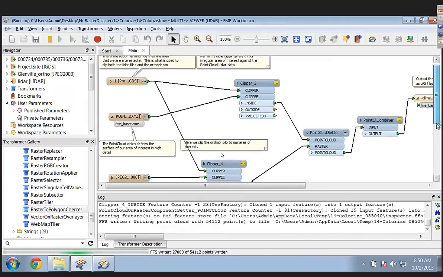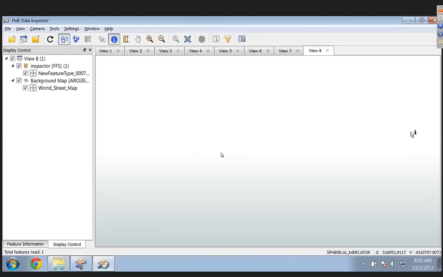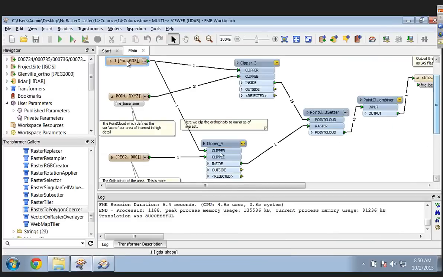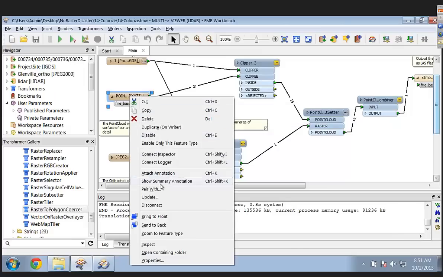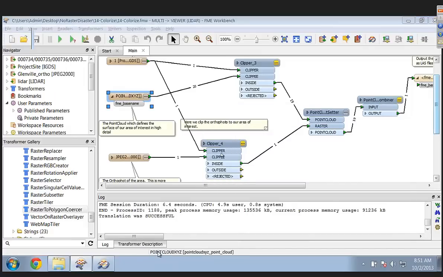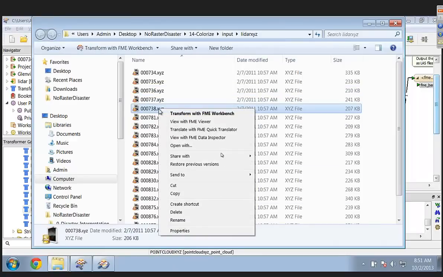So what I'm doing in this example is reading an area of interest. Some of you that have seen our LiDAR webinars have seen this before. I read an area of interest that's in a design file, along with a whole bunch of point clouds that had no color. They were X, Y, Z, or Z if you're in Canada or the UK. If you take a look, this is what they looked like.